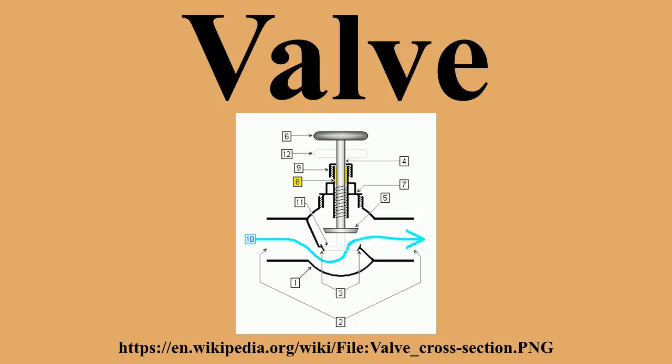The stem transmits motion from the handle, a controlling device, to the disc. The stem typically passes through the bonnet when present. In some cases, the stem and the disc can be combined in one piece, or the stem and the handle are combined in one piece. The motion transmitted by the stem may be a linear force, a rotational torque, or some combination of these.